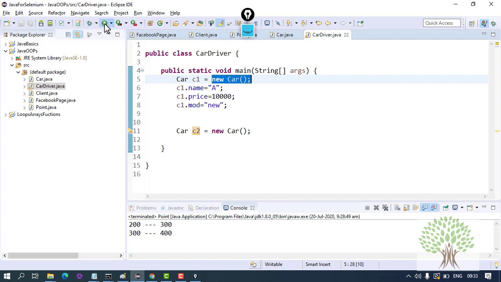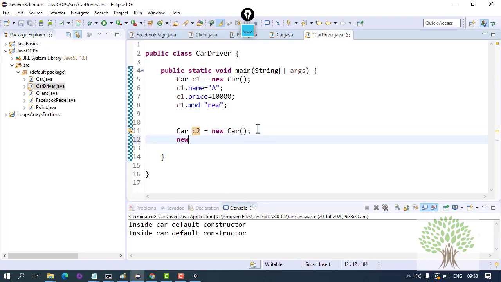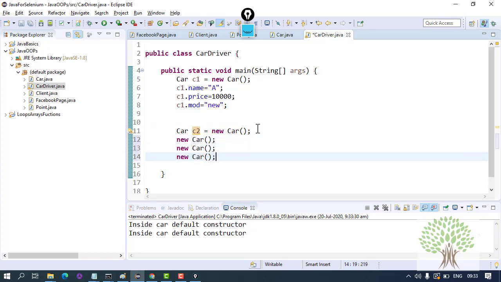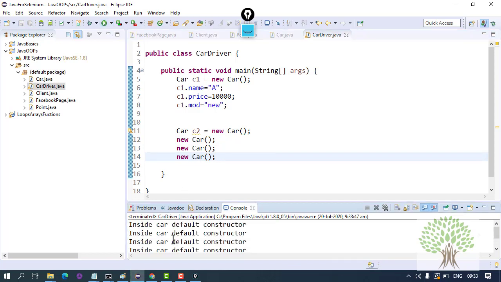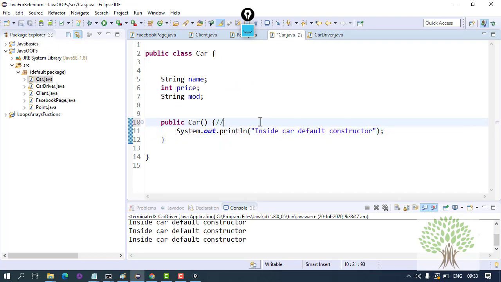If I run this code, you will see that inside car default constructor is printed 2 times. If you create 5 objects, then the constructor is called 5 times. So the constructor is something which is called at the time of object creation, so you can initialize your object.